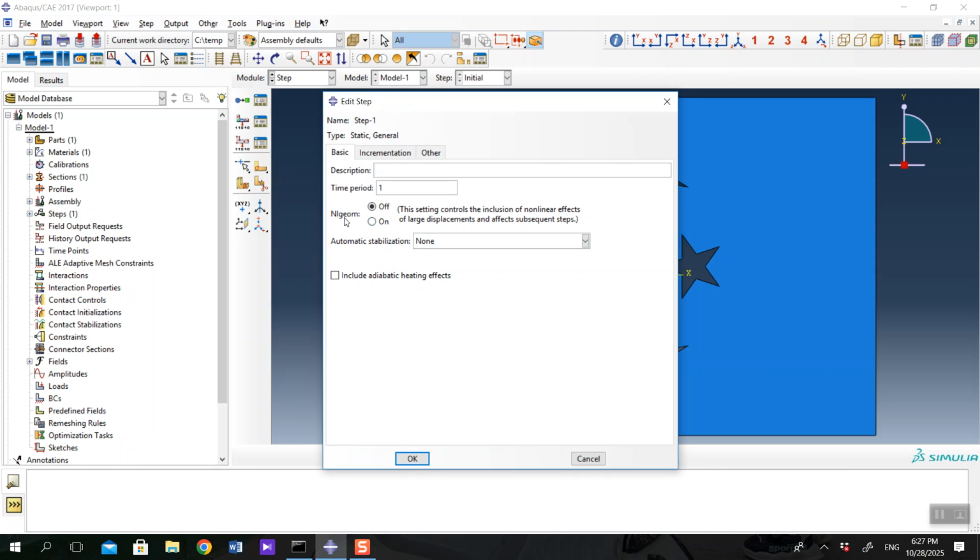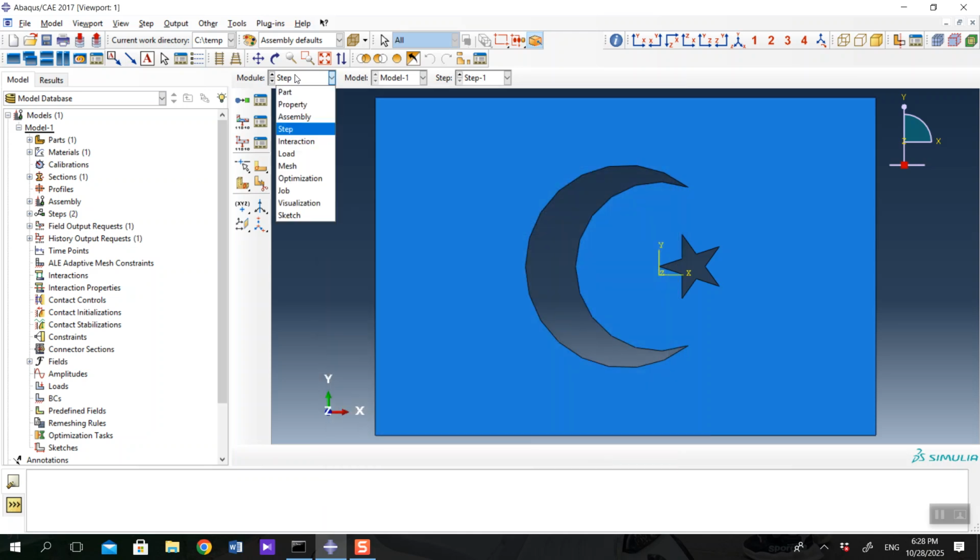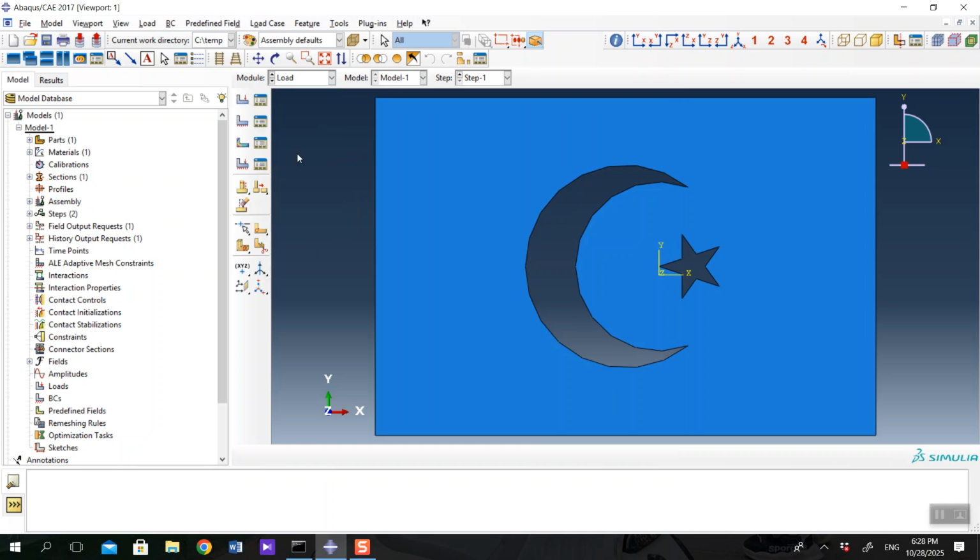You can click on nonlinear geometry if you think that your deformation is large, but if your deformation is not too large, you can neglect the nonlinear geometry and click off. I'm not going to change the other options here. Click OK. Now I'm going to the load module,